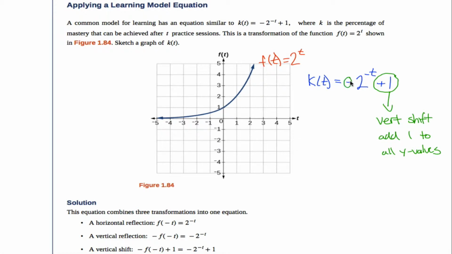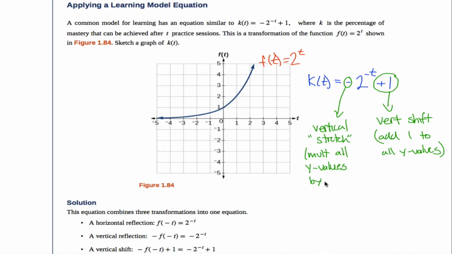This negative right here, you can think of as negative 1 times this function. So this, in my notation, is a vertical stretch. Although most books wouldn't call it a stretch, so maybe this has to be in quotation marks. They'd call it a reflection. But I prefer to think reflections don't even exist. They're all just stretches. All I'm doing here is I am multiplying all y values